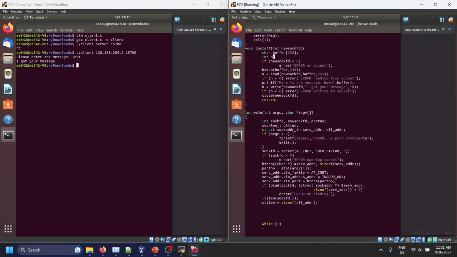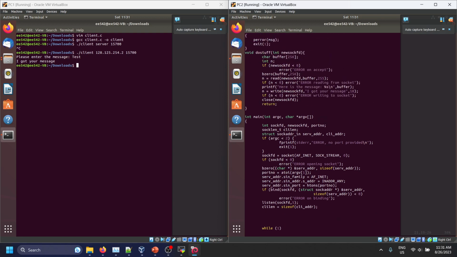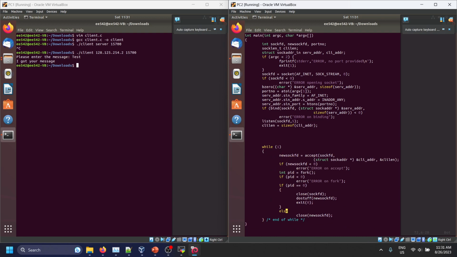In this function, we read the data which is sent by the client, and then we write some data to the client, and then we close the socket. So that's all that is happening. In the parent process, we don't need the child socket, so that is closed here. Okay, so